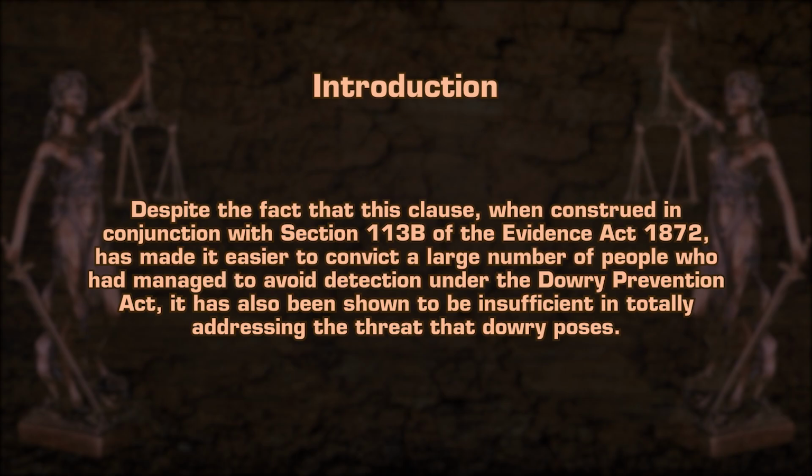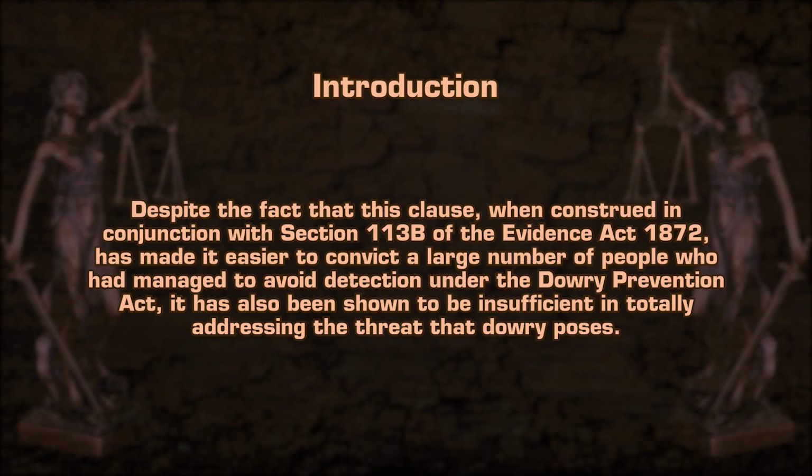As a consequence of this, the Indian Penal Code 1860 was revised to include Section 304B, which established the crime of dowry death as a different category of crime that carries a maximum sentence of life imprisonment and a minimum sentence of 7 years in jail. Despite the fact